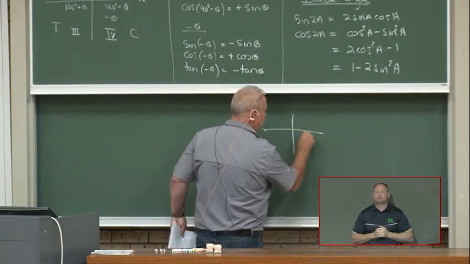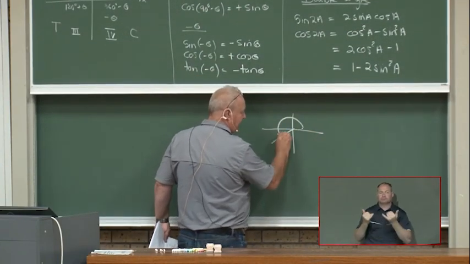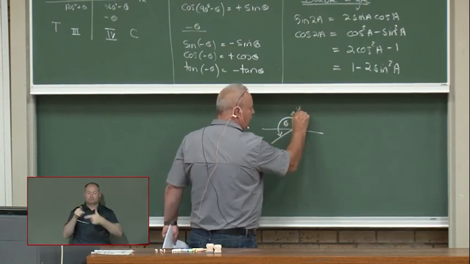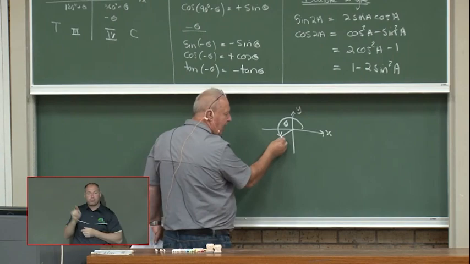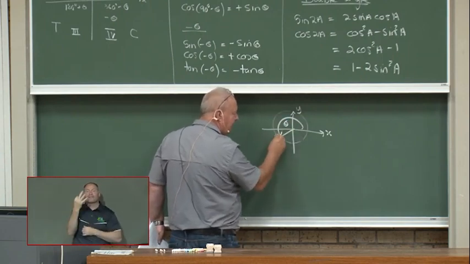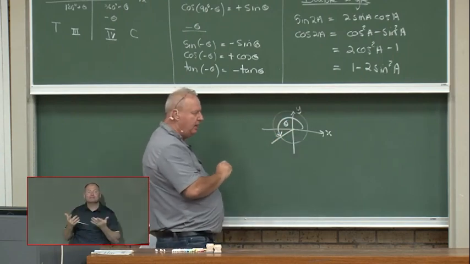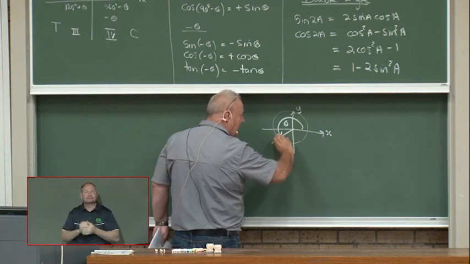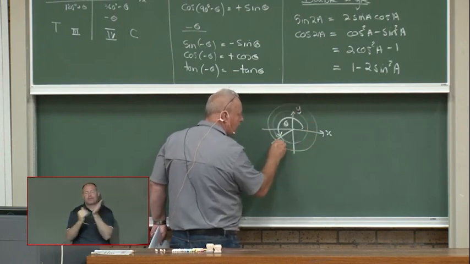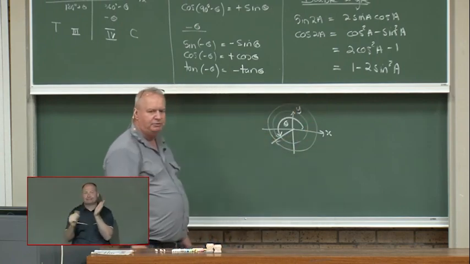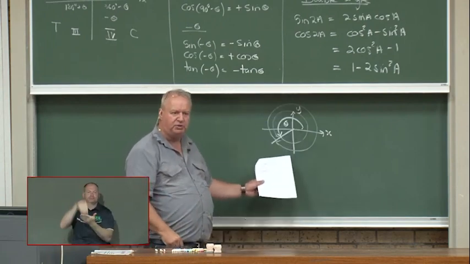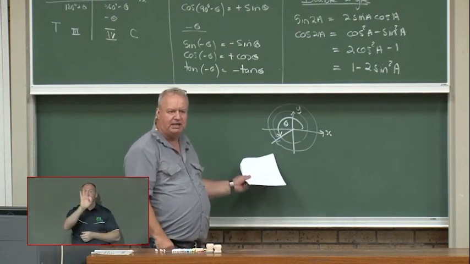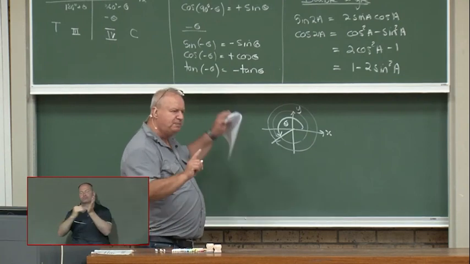Right, people, if I've got an angle theta there, that is the angle theta. Now, if I'm there and I add 360 degrees, I'll end up on the same terminal ray. If I'm on this terminal ray and I subtract 360, I go in the opposite direction, I'll land up on the same terminal ray. So do you understand that you're allowed to add or subtract 360 because you land up on the same terminal ray? For that specific reason,